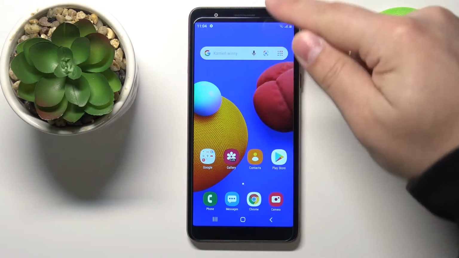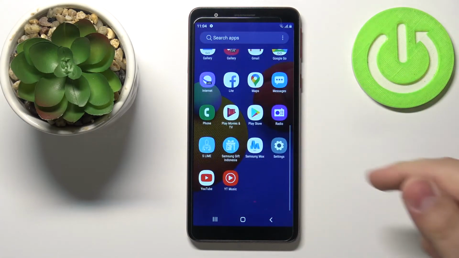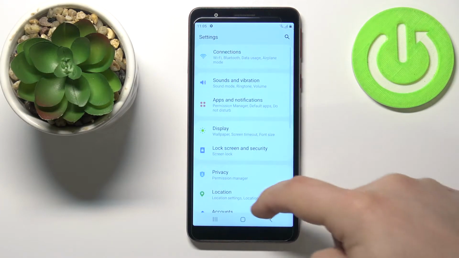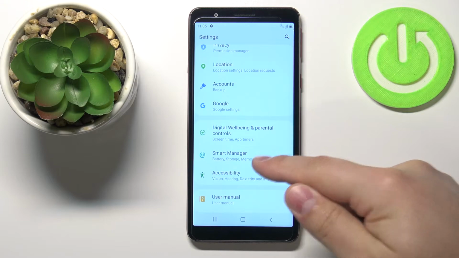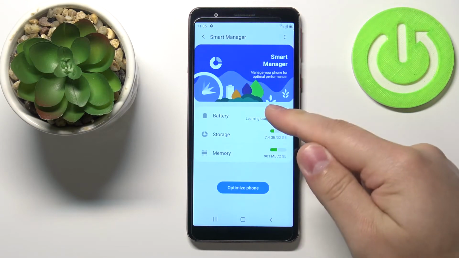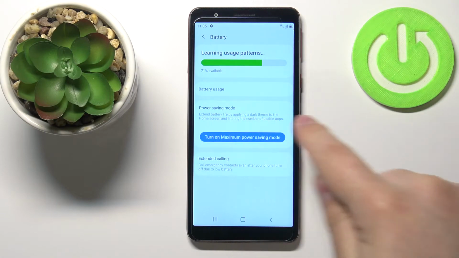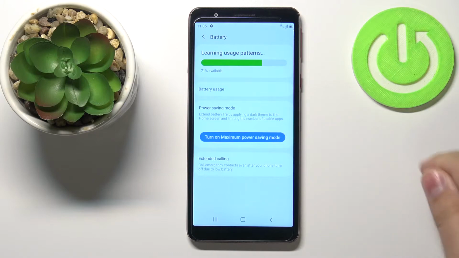To do it, swipe upwards on the screen to open the app menu, scroll down and tap on the settings icon. In settings, scroll down and select the option called Smart Manager. Here tap on battery, and right here we have a category called power saving mode, and we have this button called turn on maximum power saving mode. Tap on it,